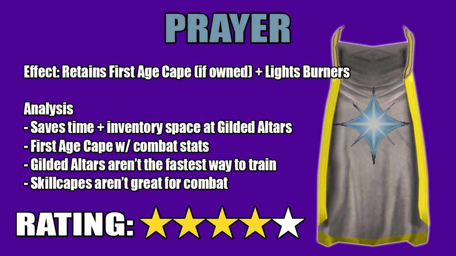So here's the effect of Prayer Cape. It retains the Gilded Altar effects with lit burners, as well as making it so that the first age cape 1% XP boost will work. So yes, this does save you inventory space as well as time when you're using it at Gilded Altars. It's also essentially like a first age cape with combat stats, but to be fair, Gilded Altars aren't the fastest way to train prayer nowadays,